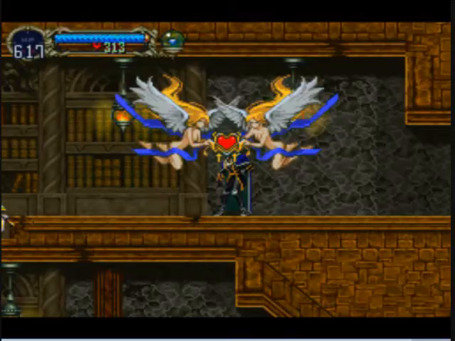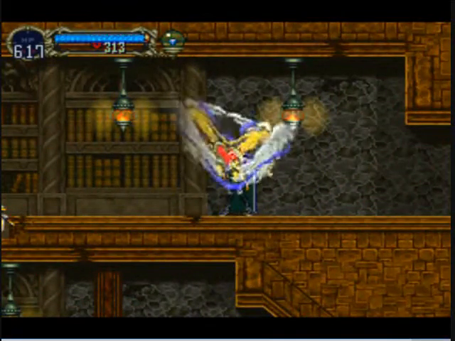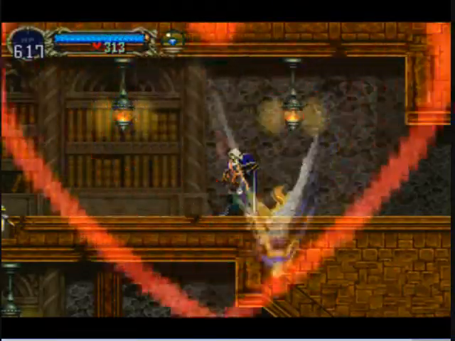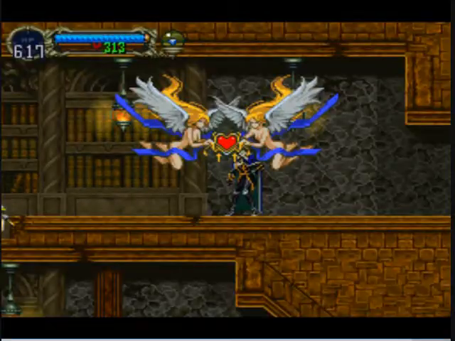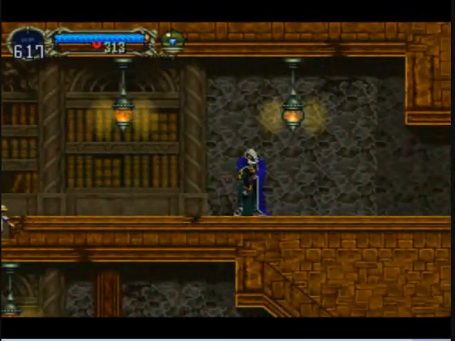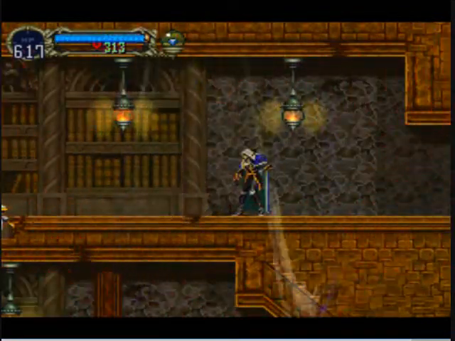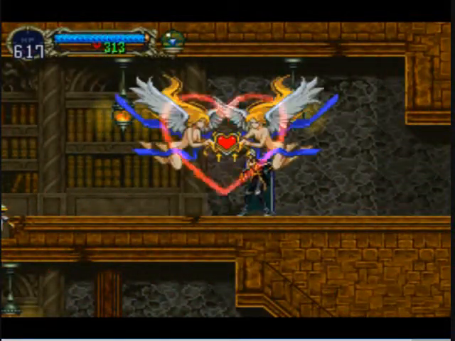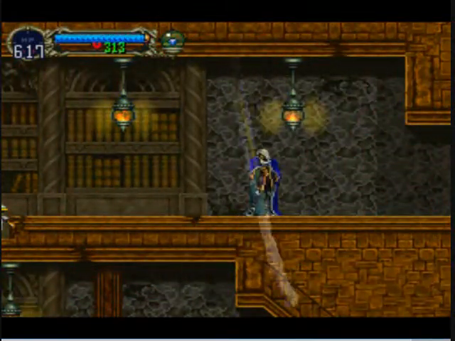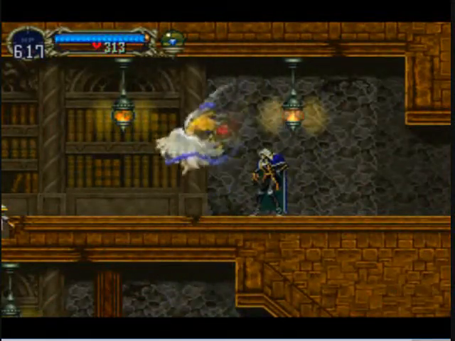So we'll do the backdash heart refresh chain. You do the slide, and right as you're sliding, do the heart refresh chain. And after we do 10 of those, then we can turn into a bat and fly up in the corner. And once we get up to the top, then we'll need to go right and then back left, and then once we're back in this screen, we'll turn to Mist, and then we'll call forth our